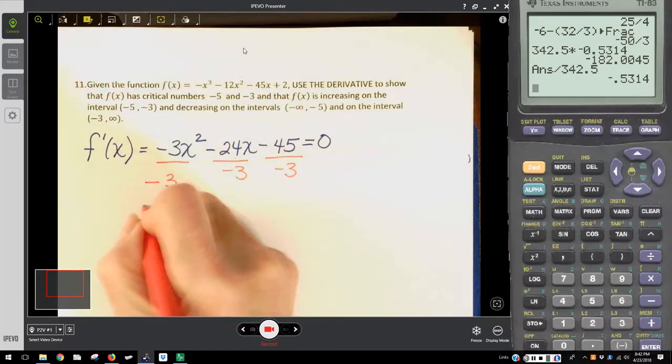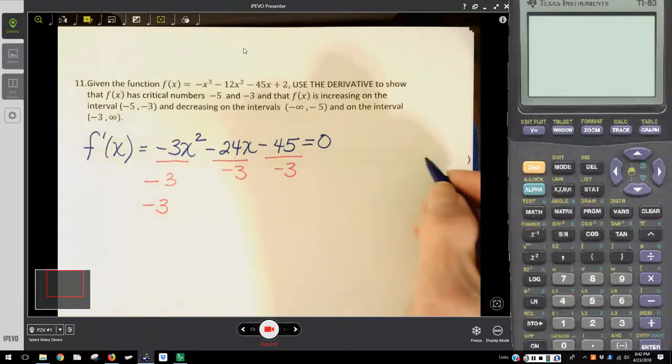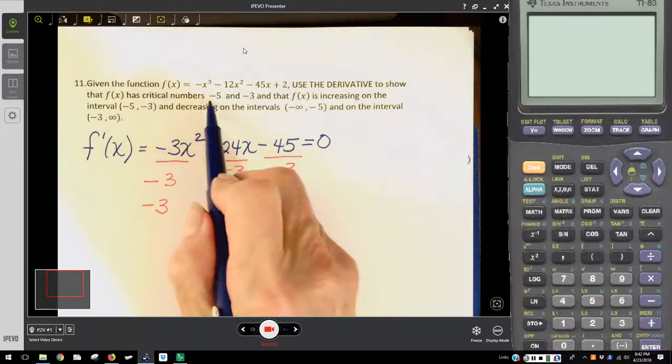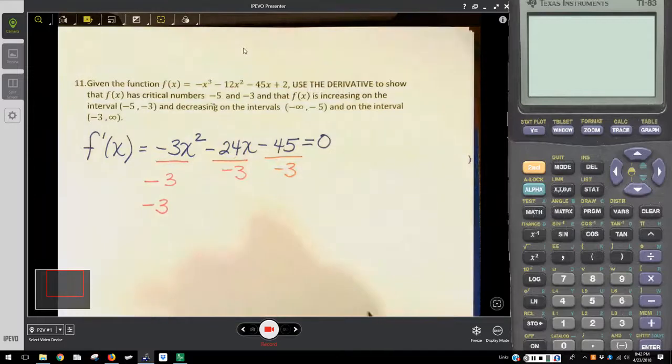So I'll factor out the negative 3 to make it easier to solve. I could use the quadratic formula straight out, but because we can factor out the 3, it'll make the numbers we deal with a little simpler. And because we've already been told that the critical numbers are negative 5 and negative 3, we should realize that